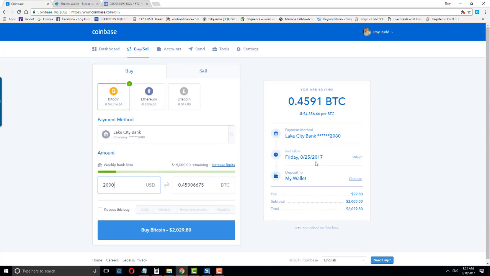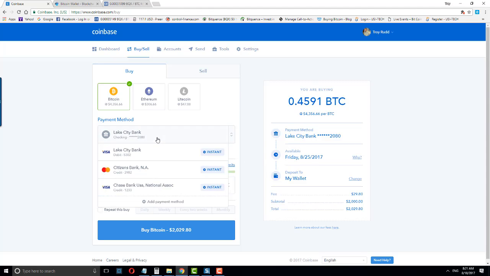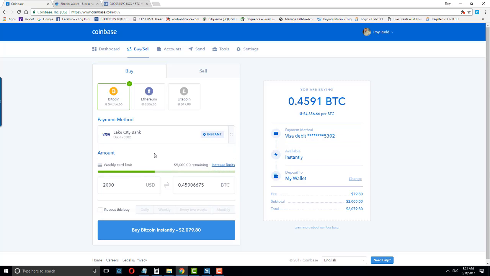So that's a week I'm going to have to wait. So if speed is an issue, speed and convenience you pay for, but again, you could go to a credit card and do the same transaction, $2,000. You're going to get it instantly, but look at your fee, $79.80. Your fee went up $50. But again, if you want it quickly,